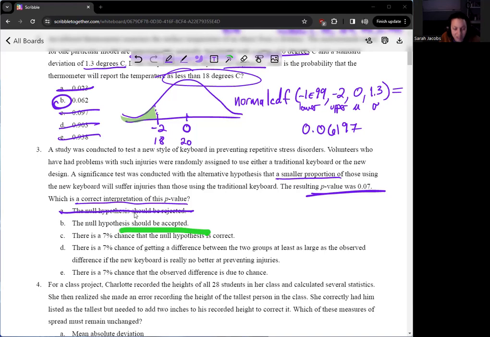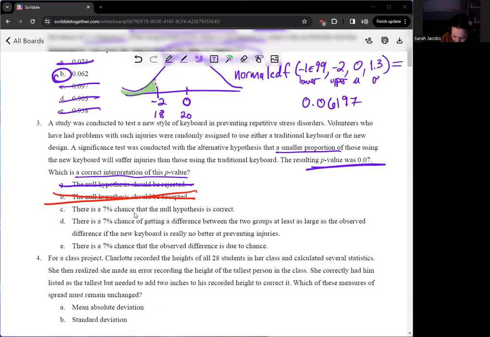The null hypothesis should be accepted. That is never going to be your answer. If you pick that, I will cry. You never accept anything. Stats means never having to say you're certain. Accept nothing, and accept nothing less than you deserve. Okay, C. There's a 7% chance that the null hypothesis is correct. Nope,